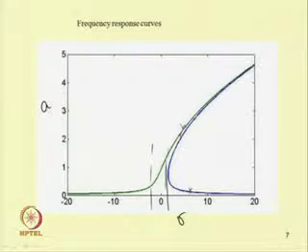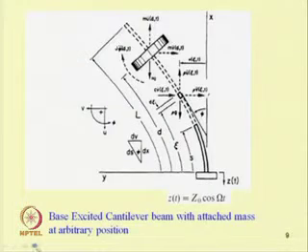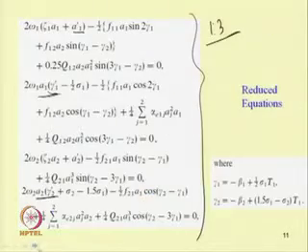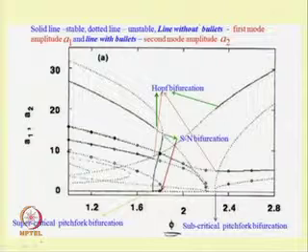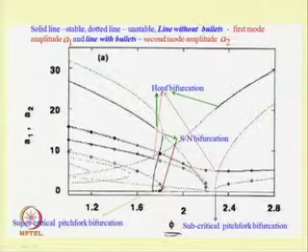So, here we have 1, 2 and 3 branch, and before that we have 1 branch of solution. So, the question now arises how to obtain this multi branch solution in this case of nonlinear systems. Here one can use some continuation techniques to find the multi branch solution. About these continuation techniques we will discuss in today's class.